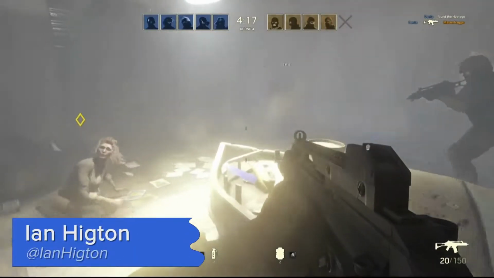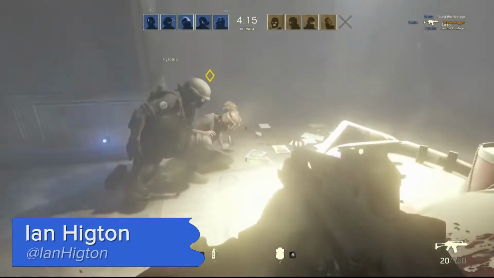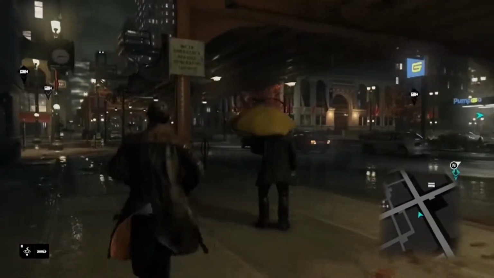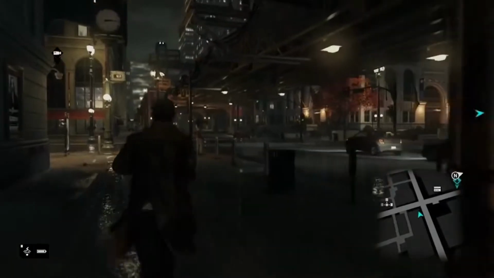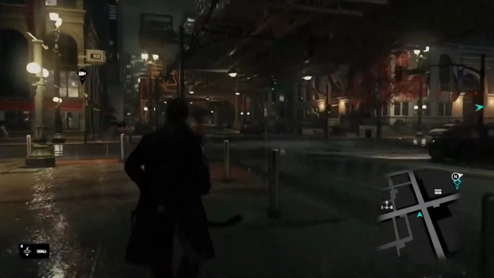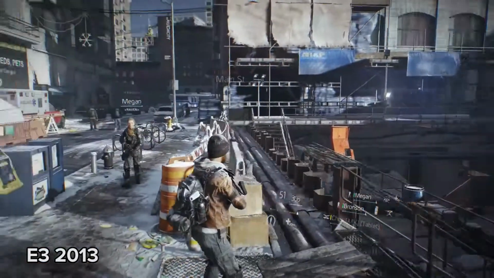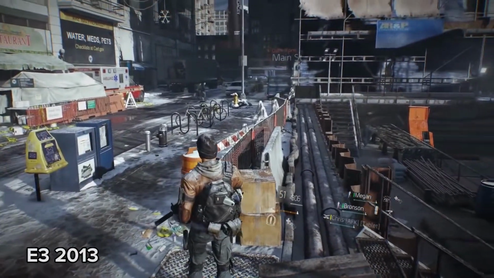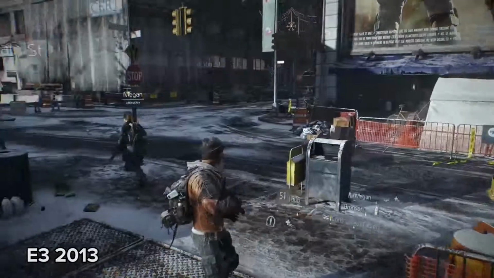Remember when Rainbow Six was announced and it looked like this? Or when Watch Dogs was announced and it looked like this? But then when they were finally released, they kind of looked like this. Okay, so I may be exaggerating a bit, but Ubisoft do seem to have a habit of producing misleading gameplay